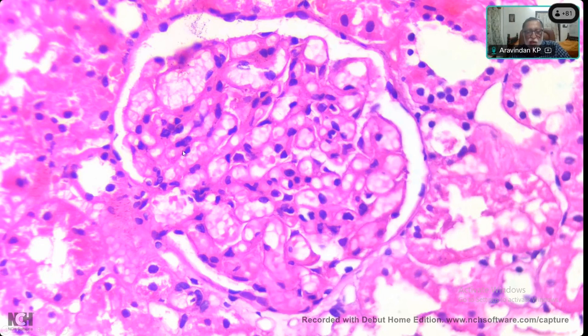So thickening is what you suspect. Of course, we have got to confirm with other means. What is the other point that you would like to make in this biopsy? So, in this biopsy, we can't identify any cellular proliferation in the glomerulus. Exactly. So, the number of cells is not increased. Yes, that's another picture. When do you say that the number of cells is increased?